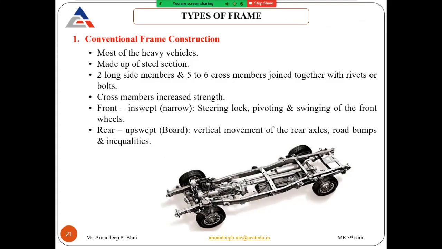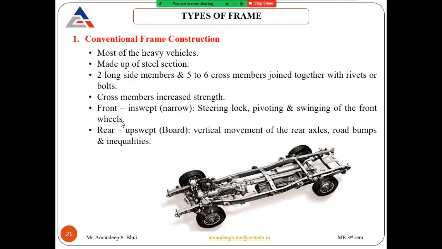Now these cross members are attached to increase the strength of the frame. Now the front of this frame is inswept, that is, from the front the distance between the 2 parallel sides is less, and at the bottom this is more. Now the front is inswept, or it is narrow, to accommodate or to facilitate the steering lock, pivoting and swinging